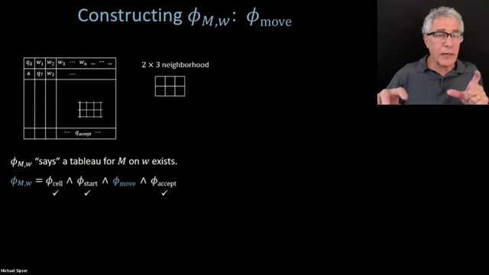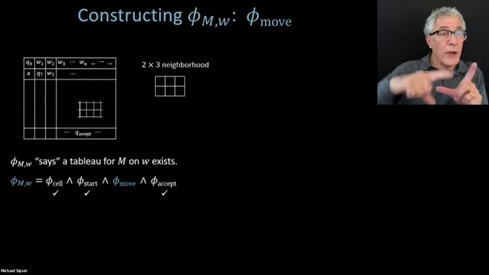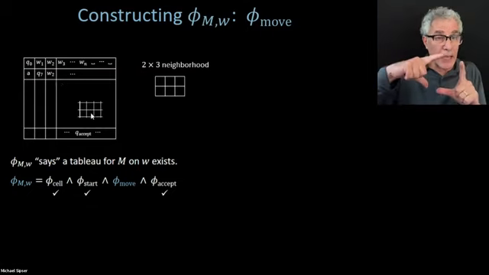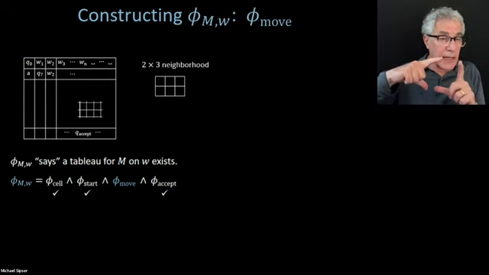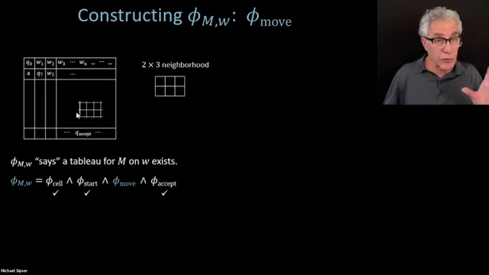If you have here every 2x3 window, you can take this as a window, and you slide that over the entire picture of the tableau, and everything here looks okay as far as the running of the machine. So I'll say what that means in a second. But if everything looks locally fine everywhere, then the whole tableau has to be a valid tableau in terms of the rules of